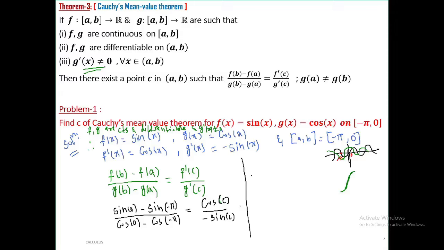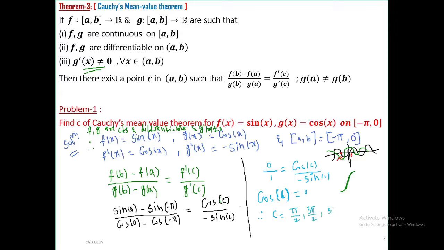What do you get? Sin 0 is 0, cos minus pi is minus 1. So 0 by 1 is equal to cos c divided by minus sin c. If you do cross multiplication, we will get cos c is equal to 0. Now can you give me the point c at which cos vanishes? So clearly c value should be pi by 2, 3 pi by 2,